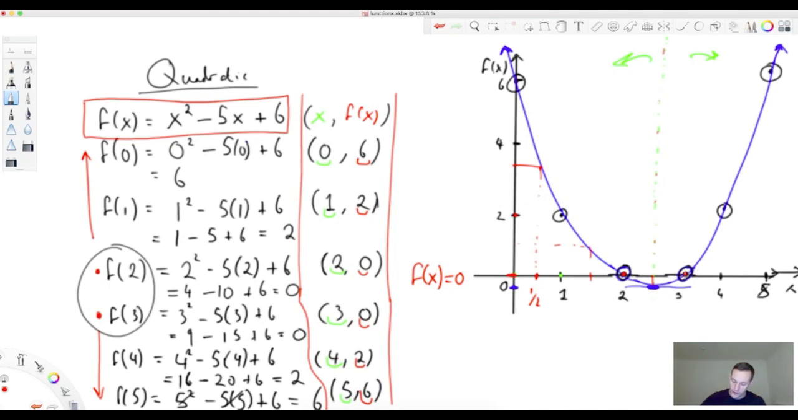Now we find the two points that correspond to f of x is equal to 0. By saying f of x is equal to 0, we have two answers for x. When x is equal to 2, f of x is 0. When x is equal to 3, f of x is equal to 0, right? Now these two values, x is equal to 2 and x is equal to 3, these are the roots of f of x. And we'll see now that the roots of f of x are very useful when it comes to plotting